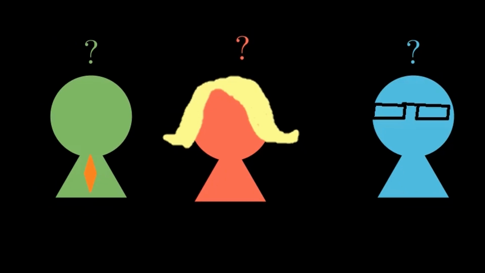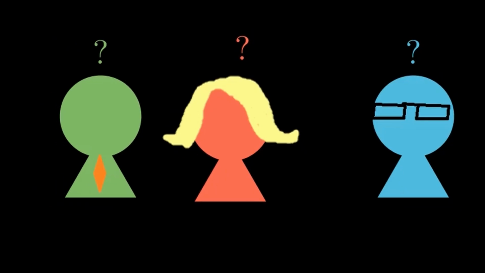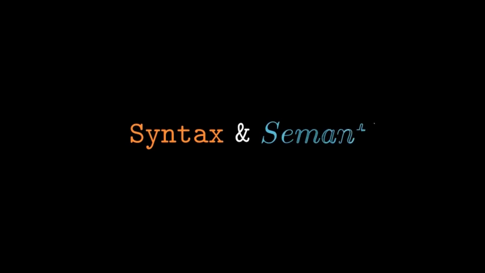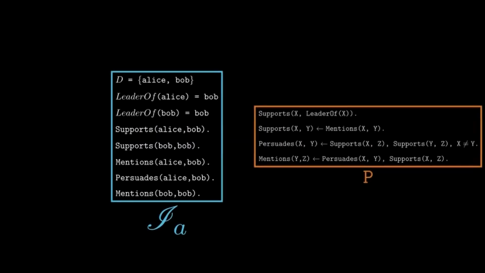So now we come to our main question. Do Alice, Bob, and Carol agree? Or if they do disagree, about what and how? At first glance, one might quite justifiably say that they all disagree with each other. But do they? One way to answer this question is to introduce the distinction between syntax and semantics, and explain what it means for an interpretation to be a model of a program. Let's start with some definitions. I know, but I promise they'll be as light as possible.